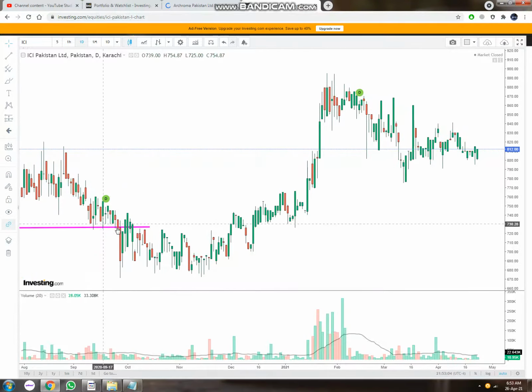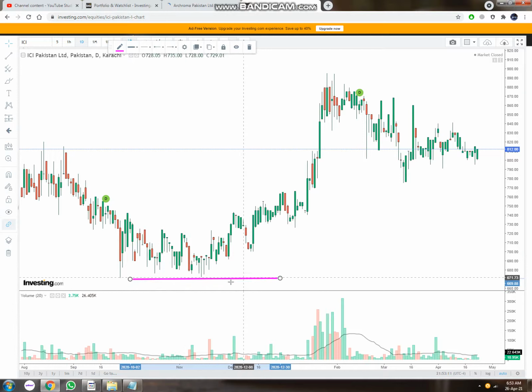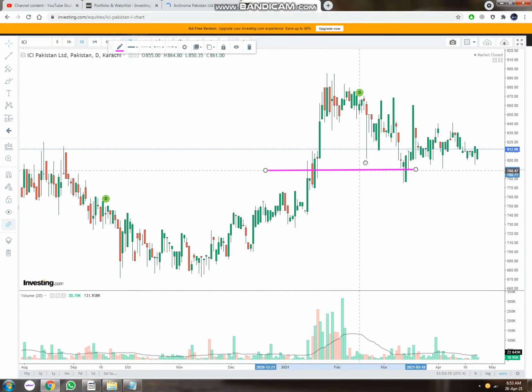So this is how you use stop loss. Again, when you invest at this point or somewhere here, I'm going to move the stop loss along with it, and as it moves upward, when it reaches this point, I will close my position. So this is how you use trailing stops.